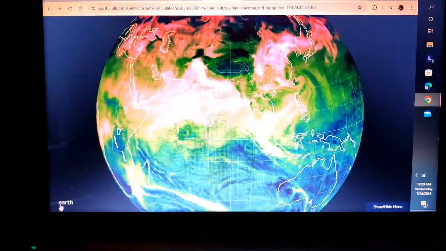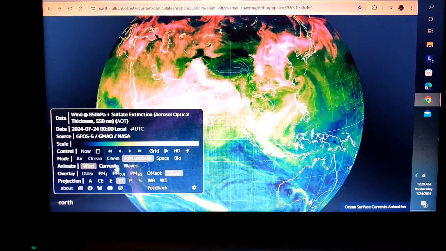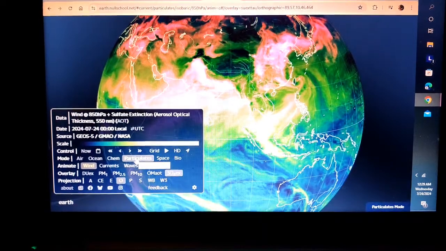Now, the problem with this particulate: water likes to adhere to a particulate so it can form a raindrop. In this case, instead of adhering to the particulate, it bonds with the particulate. The H2O bonds with SO4.